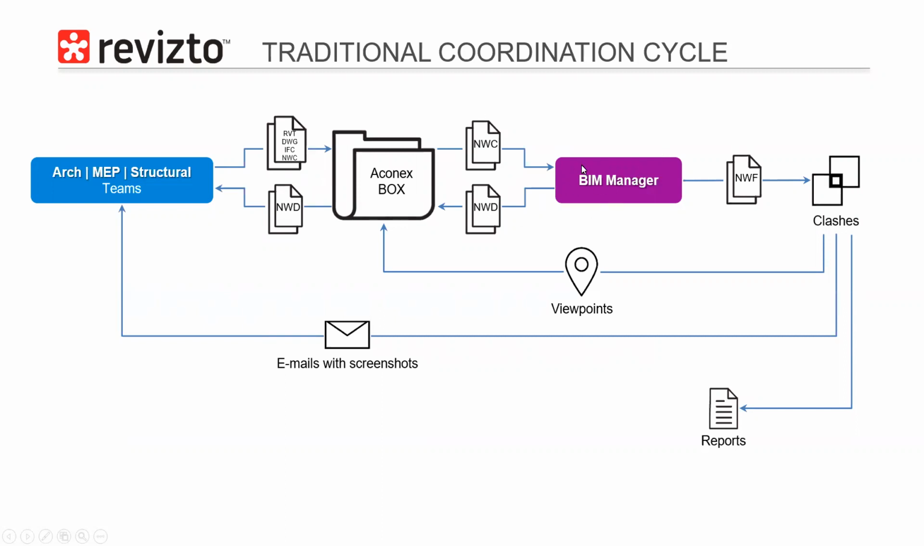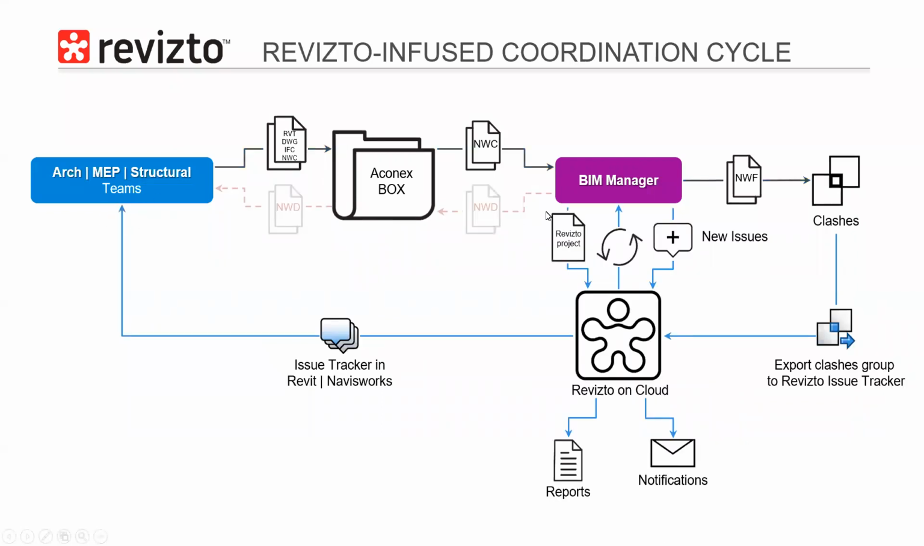and then the BIM manager takes down NWCs from that box or Aconex, runs it in, say, for this example, Navisworks, for example, runs clashes and then needs to communicate those clashes back to the authoring team. And there's a few different ways to do it. So by recording viewpoints, then trying to email people with those screenshots of those viewpoints, and then trying to manage reports and who's supposed to do what and who's done what and when, and so on and so forth, back to the team. Now, if you look at the Revizto workflow,